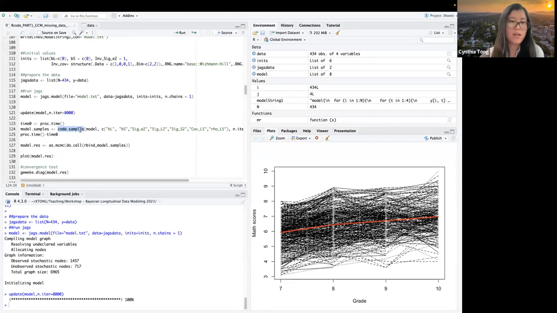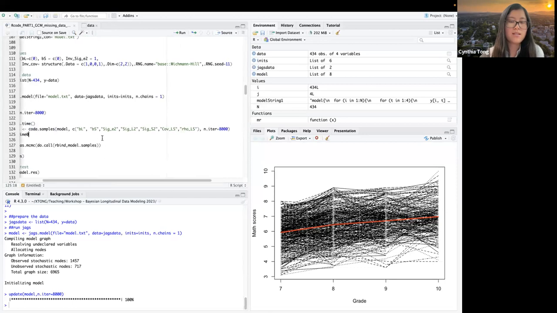But then after the burn-in period, so after the initial iterations were thrown away, then I try to keep the samples. Okay, so in this part, I use the coda.samples function in JAGS, where we put the model here, and then I just let JAGS know which model parameters I want to monitor. So here I want to monitor the BL, BS, E2, which is the variance of the level 1 residual, and also variance of intercept, variance of slope, covariance between intercept and slope, and correlation between intercept and slope.